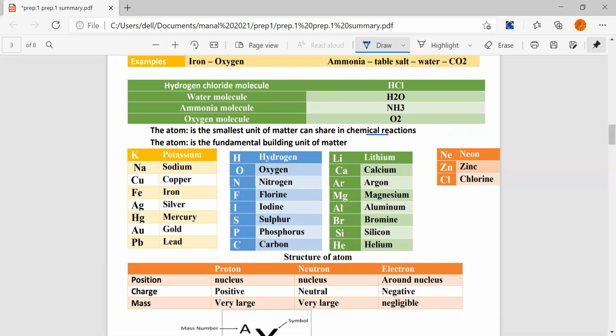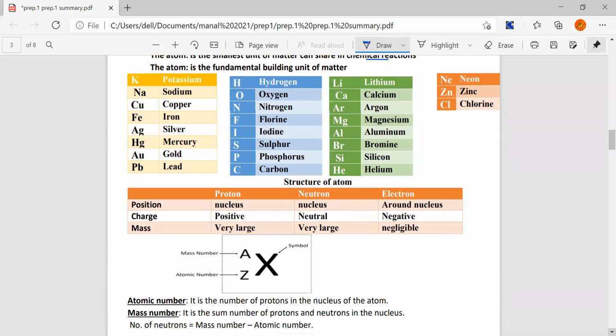The structure of atoms. Atoms consist of a nucleus and electrons. We have three particles inside the atoms, which are protons, neutrons, and electrons. Protons and neutrons are inside the nucleus, and electrons revolve around the nucleus. Their charge: protons are particles that carry positive charge, neutrons carry neutral charge, electrons are particles